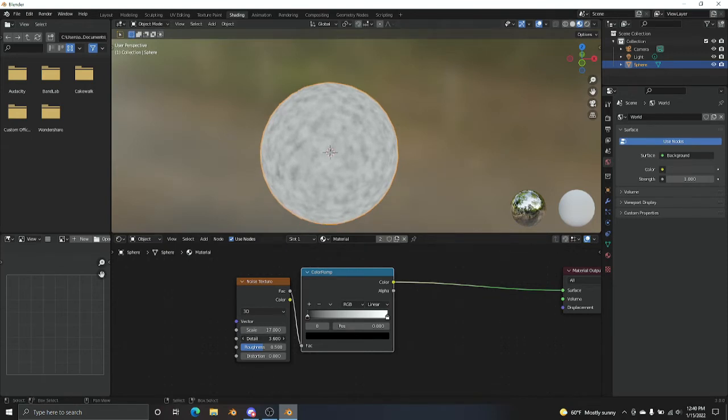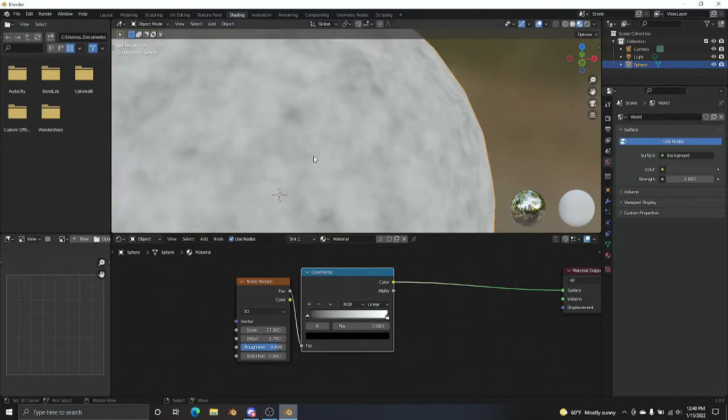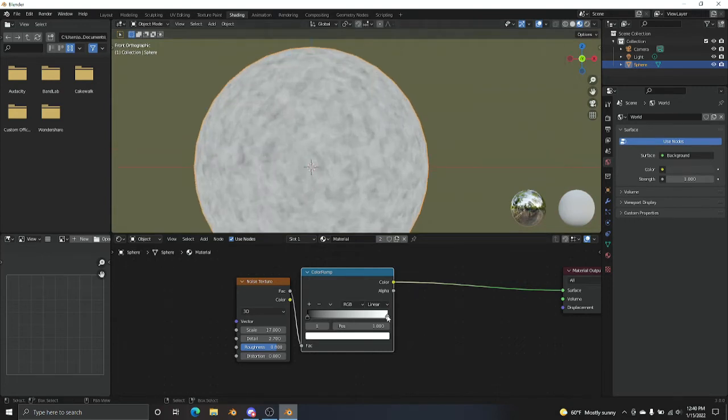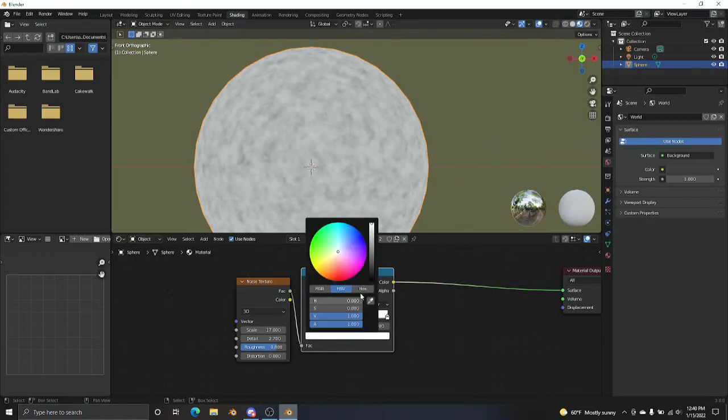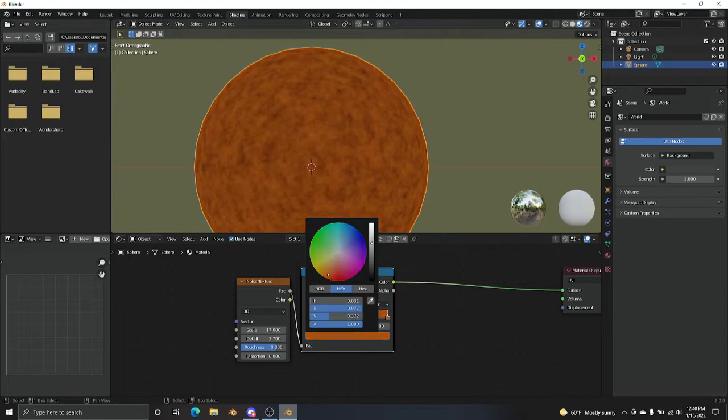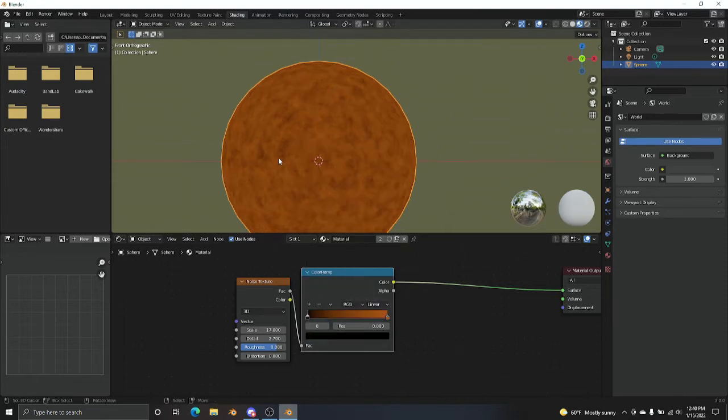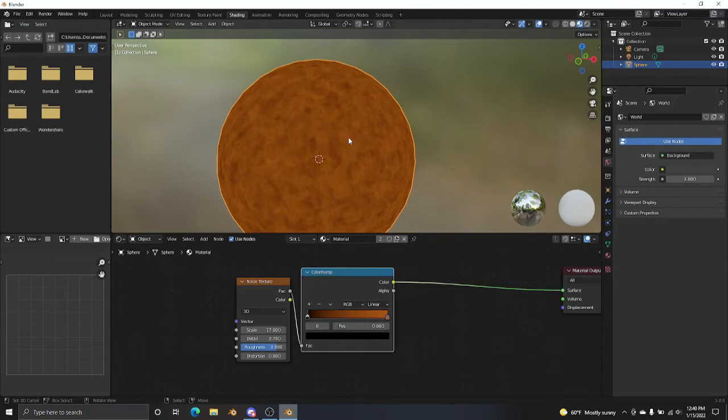Try to make it highly detailed, but not so highly detailed that it'll make your render very slow. And just make the roughness slightly higher so you can see more detail there. And on the color ramp, you just click on the white areas and change the color to whatever color of the FNAF texture you are going to go for. I'm going to make a Freddy kind of a texture, so I'll make it like a brownish color. And then you already see that it's a lot better than before,